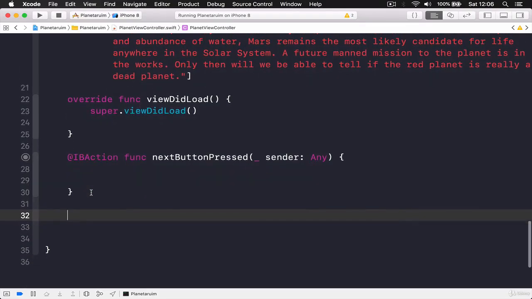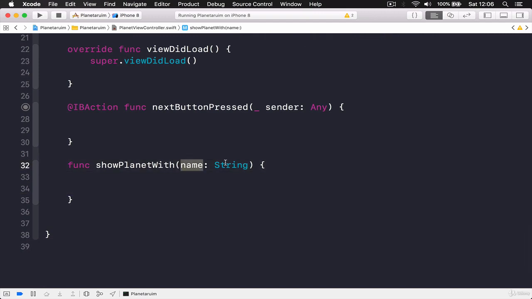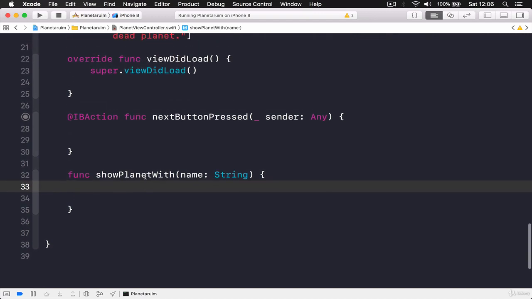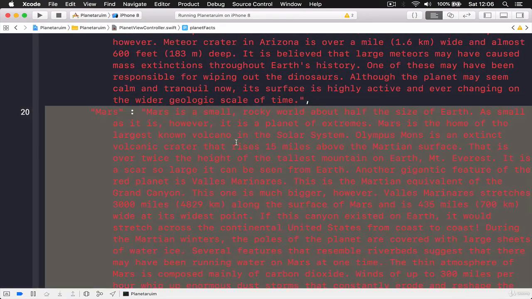So let's create a function, and this function is going to show our planet. So we say show planet, and we say with, and we are passing a name of the planet, which is a string. So this function, all it knows is that we give it a name of the planet, and it's going to show it on our view. So in order for this function to show a planet, it has to get an image, and it has to get the fact from our